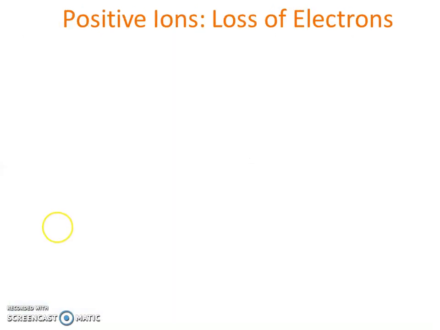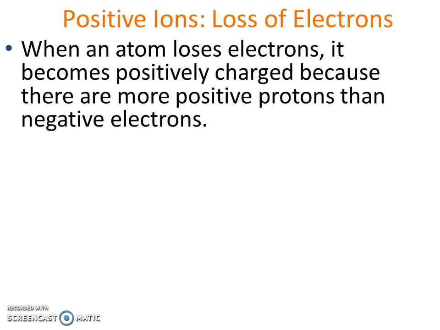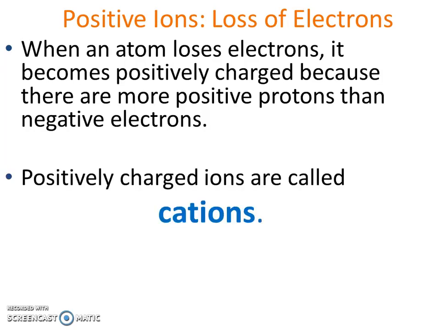Back to calculating and understanding what an ion is. When an atom loses electrons, so it gives away negative particles, it actually becomes positively charged because there end up being more positive protons than negative electrons. Remember, the number of protons does not change. We call these positively charged ions